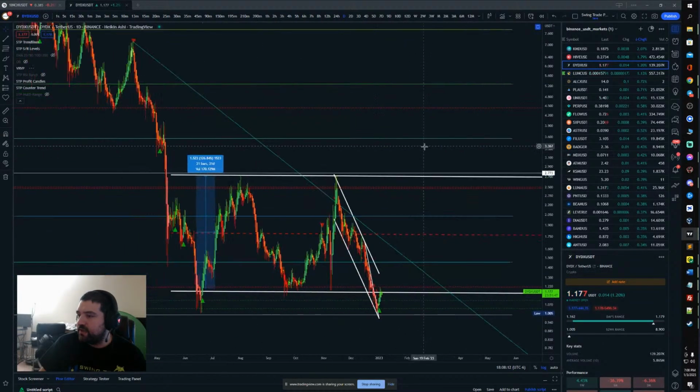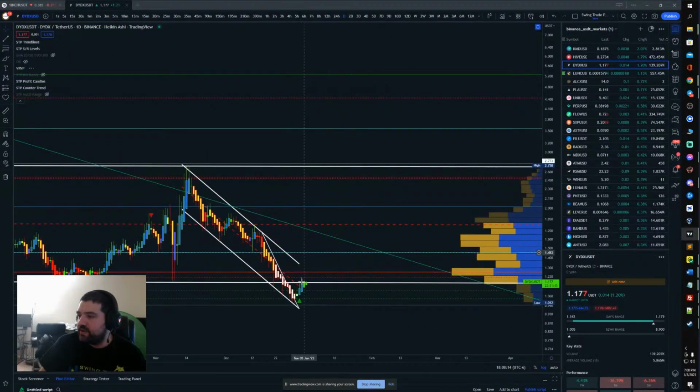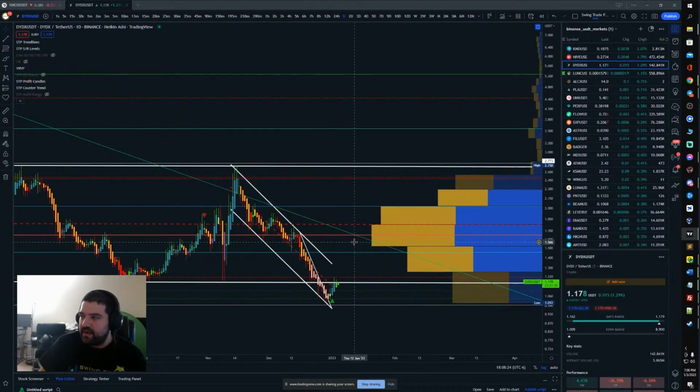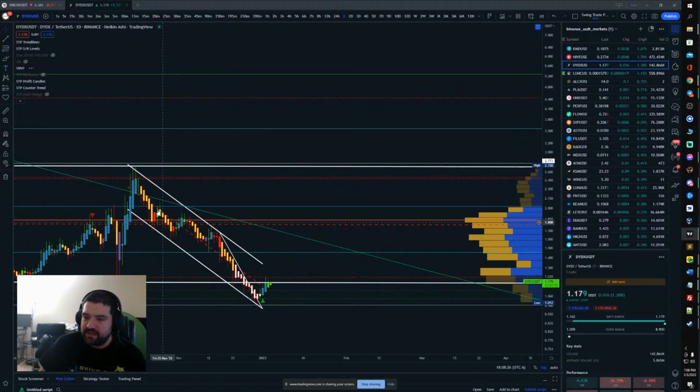DYDX was a good one. We gave a trade on it. Now you can see on my chart, I have these white candles here. Now these represent oversold candles. This is an indicator that we developed on TradingView, and if you're finding us on TradingView, well,